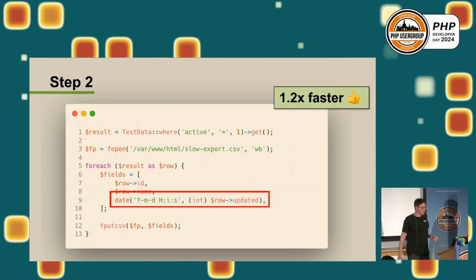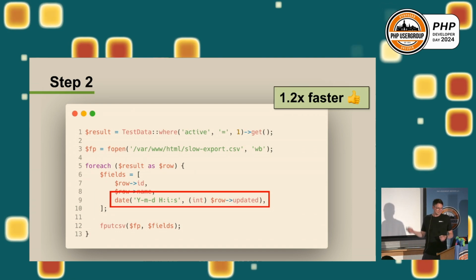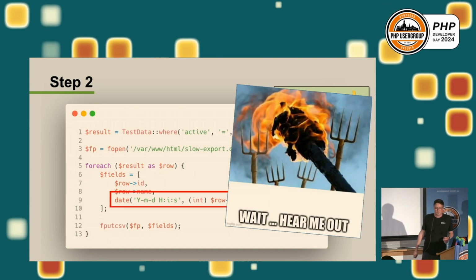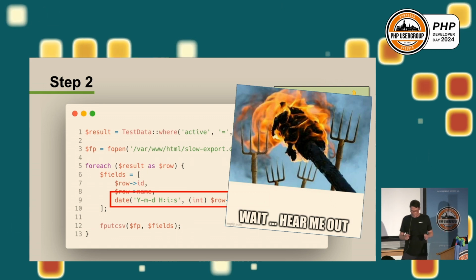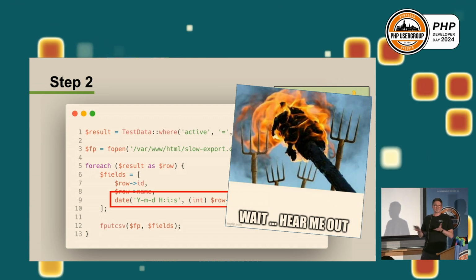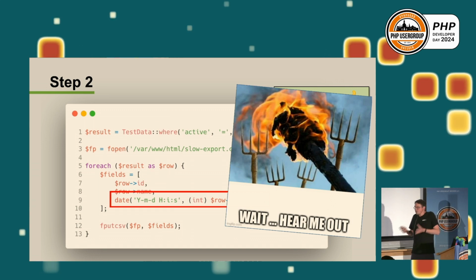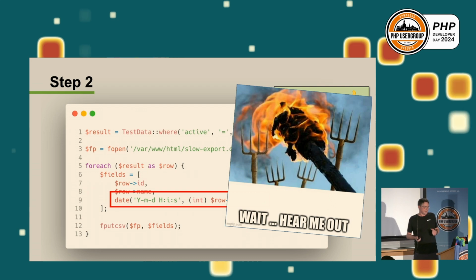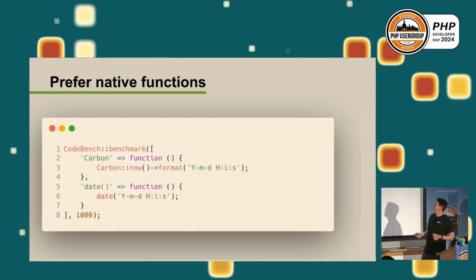And what can I say? It's immediately faster, of course. And this is usually the time when the people in the audience get upset, when they want to beat me up afterwards because I question their belief systems. But this is what I'm trying to say: maybe use functions which are already there. I mean, what's the benefit of having